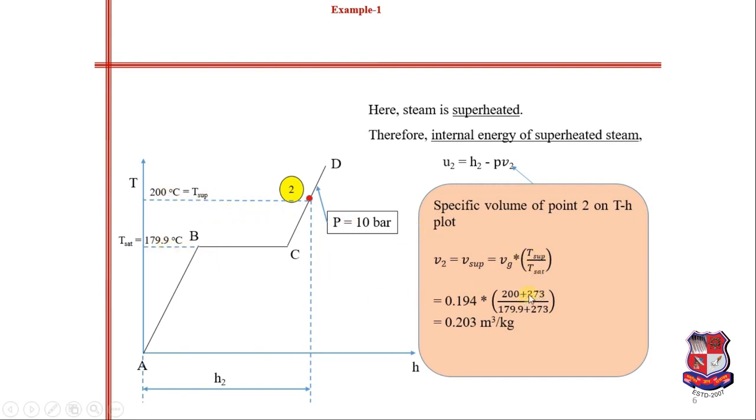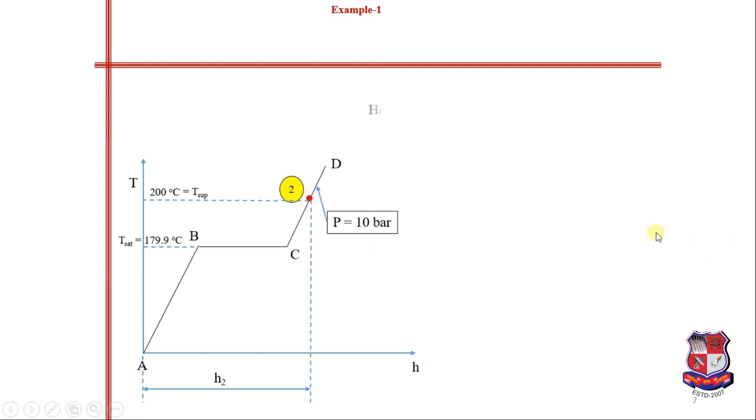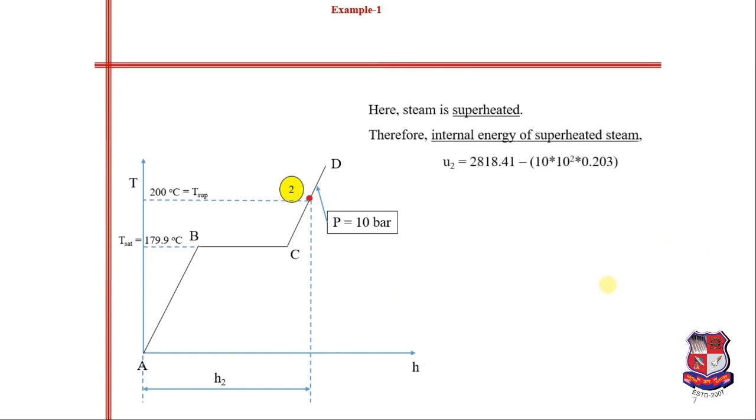Now here we need to convert it into Kelvin, because while you take the division of temperatures, you will get different values if you take the values in Celsius versus Kelvin. So for correct answers, you need to convert temperature into Kelvin here. So the specific volume comes out to be 0.203 meter cube per kg. So U2 comes out to be